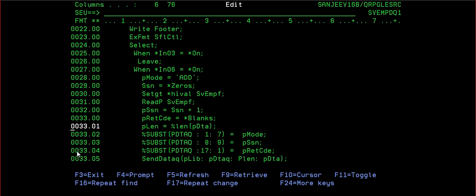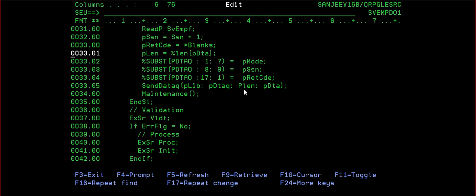So that's it. Library and data queue we have already populated, P length and P data we have populated here. So wherever maintenance we are using, we will be using it now in this way. So let us copy this section of code.